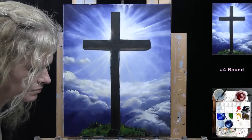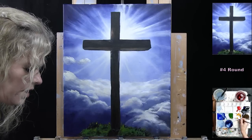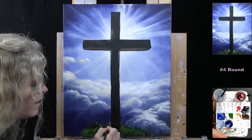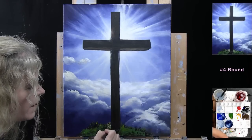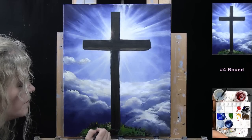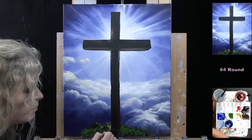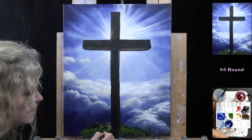Now I'm going to pick up a little bit of green, yellow, and that light yellow color we created earlier. This will give me some nice pops of bright little marks of grass. This is where the sunshine is going to have its effect on these little grass pieces. So I'm thinking tops of grasses, and the edge of the hill, because the edge of the hill is on that side. If you want little tufts of grass, wherever you have a dark area, that can be the longer grass,